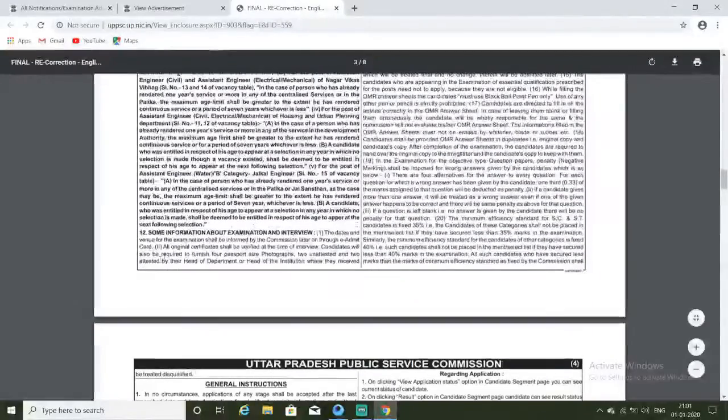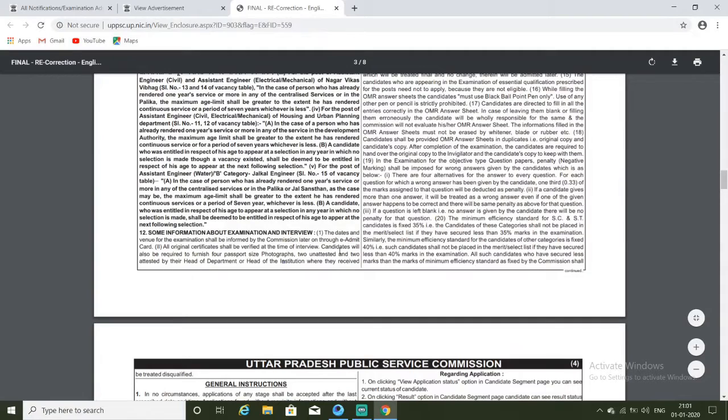Now there is some information about the examination and interview. It is good that they say the dates and venue of the examination shall be informed by the commission later through e-admit card. It seems the admit card will be emailed. All original certificates will be checked at the time of interview.